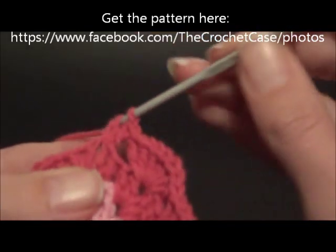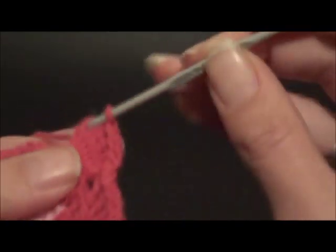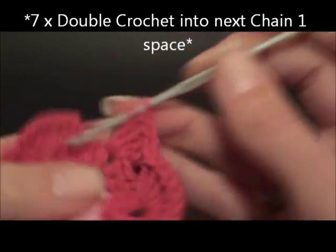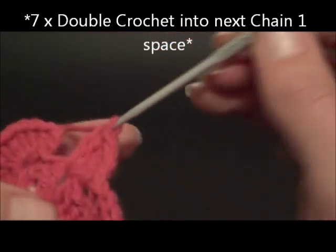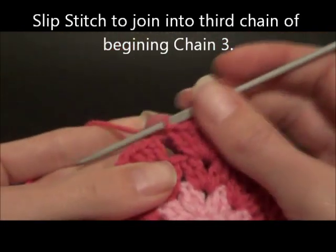One, 6, 7, on to the last one now. 1, 2, 3, 4, 5, 6, 7. Now once you've got your 8 petals, 1, 2, 3, 4, 5, 6, 7, 8, we're going to again